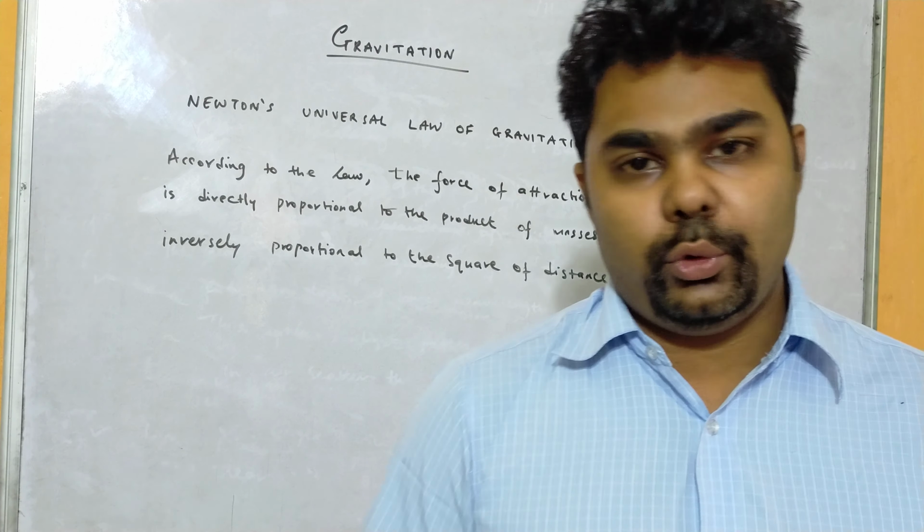Let us consider M1 and M2. Both the bodies are attracting each other in equal and opposite direction, but out of the two bodies M1 and M2, if either M1 or M2 is Earth, then we say that the force of attraction between those two bodies is called gravity, right? So what is gravity here? In Newton's law of gravitation, the gravitation is the force of attraction acting between any two bodies, right? Between any two bodies there is a force of attraction, then Newton's law of gravitation is applicable. But in case one of the bodies is Earth, then